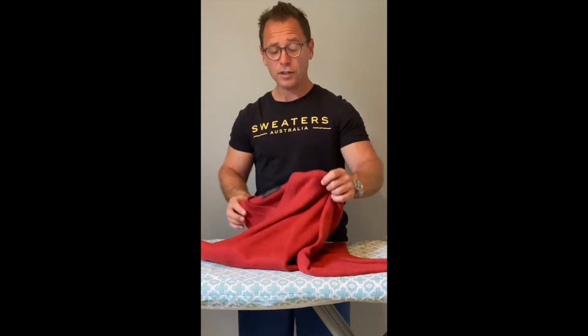We do go a little bit thicker here. This is one of my favorites. It's still not a heavyweight. It's slightly thicker than the Superfine Merino. This is the fine merino blended with the cashmere. This comes in a number of colors as well. Serves a very similar purpose to the fine merino, but because it's got that cashmere, it keeps your bones warm